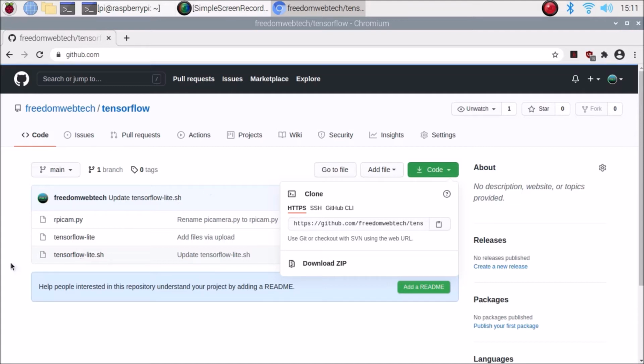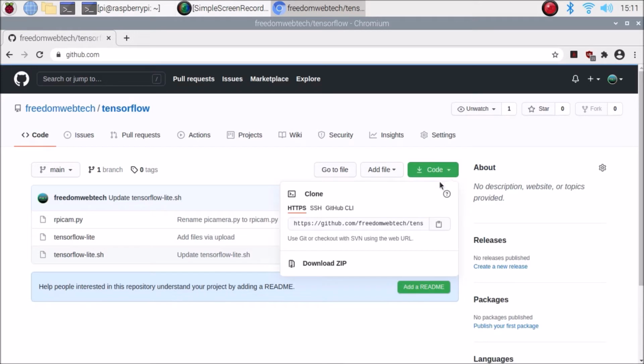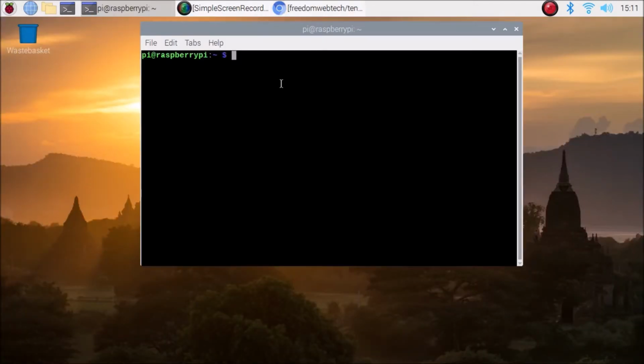Okay, so we need the repository. I will mention the link. You need to copy that link and paste it inside the Chromium browser. Then it will open the repository this way. Then we need to go here, click on Code, and here, as you can see, we need to copy the link. So copy the link, minimize the browser, open the terminal, and we are going to run the